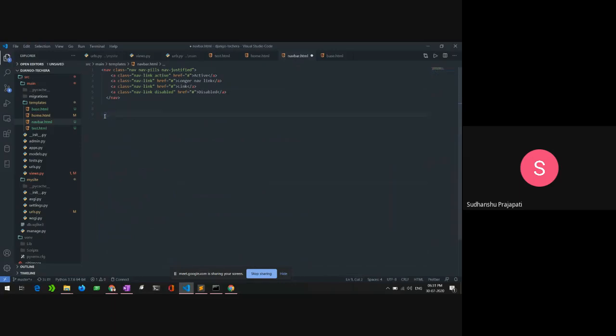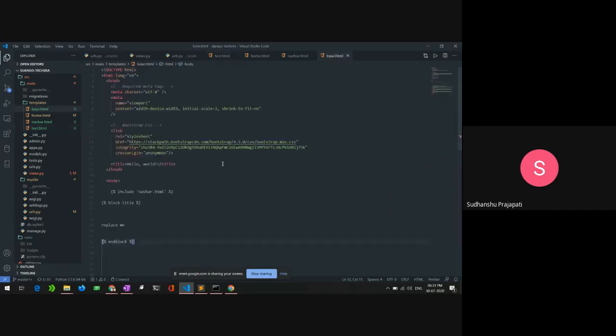So to replace the content inside the HTML file, you need to inherit it. Then it will get all the things about how to work with the content that you are trying to replace or work with.